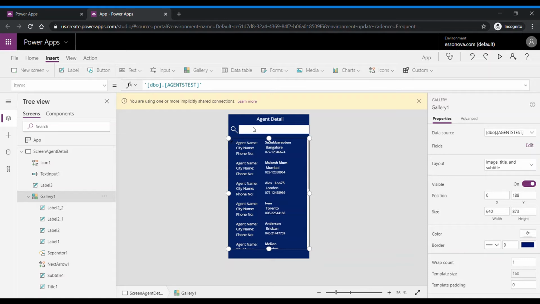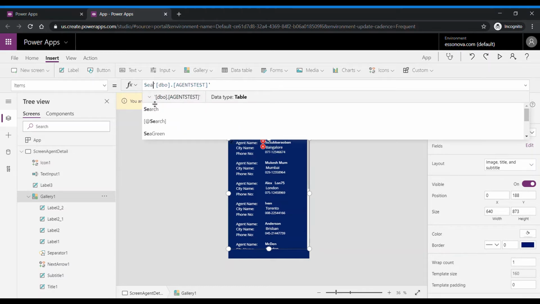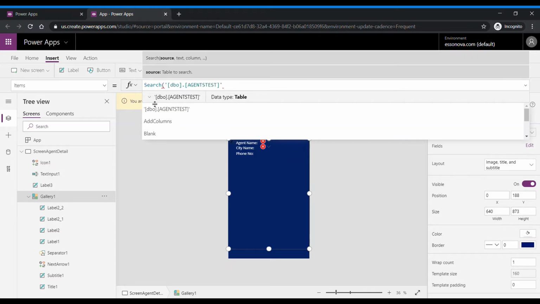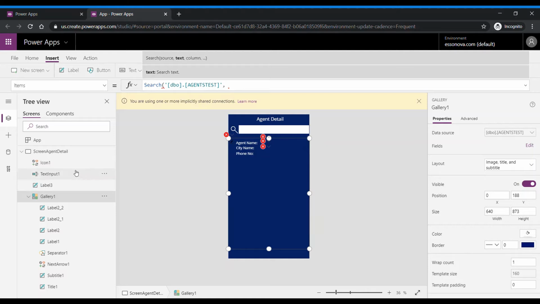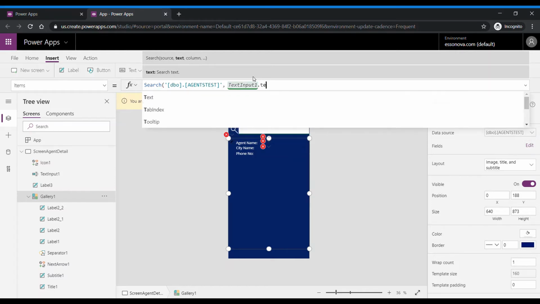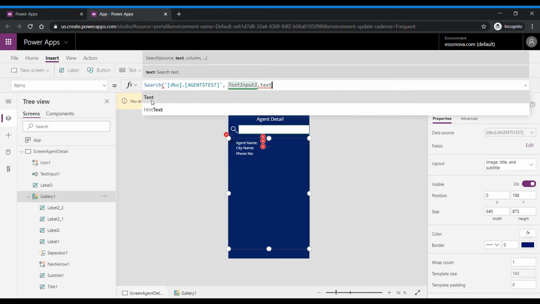So what I'm going to do now is on the gallery, I'm going to add the search function. So here on items, because I want to search in the gallery, search, this is the source, and what text is text input 1. So text input 1 dot text. All right,